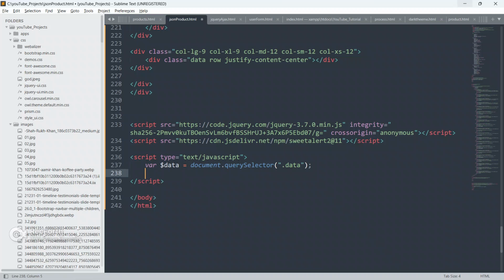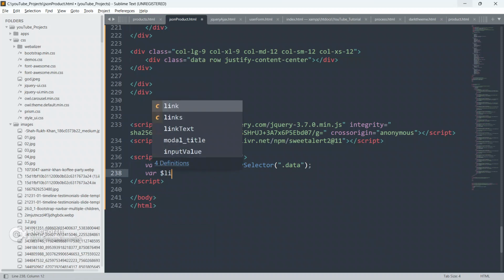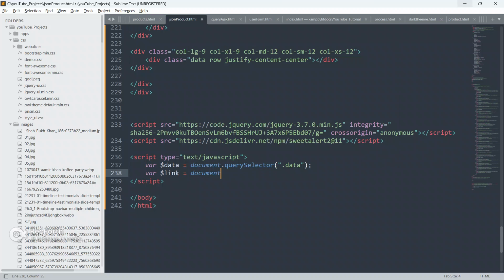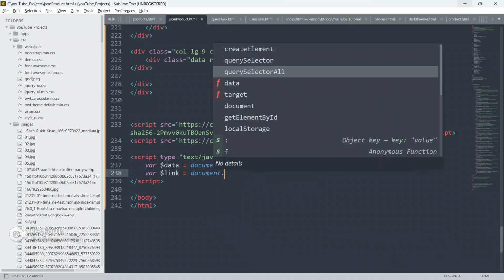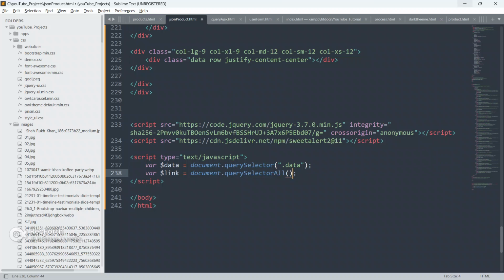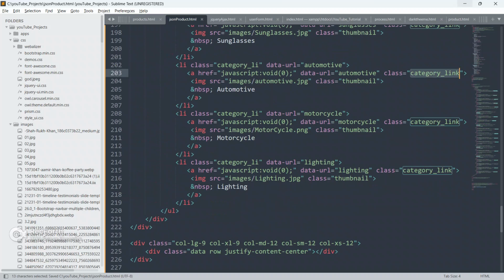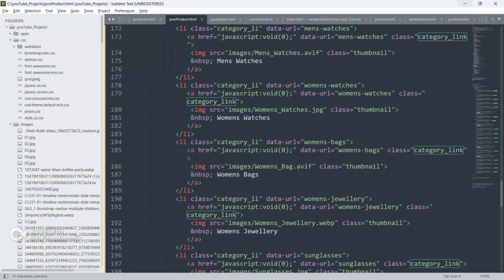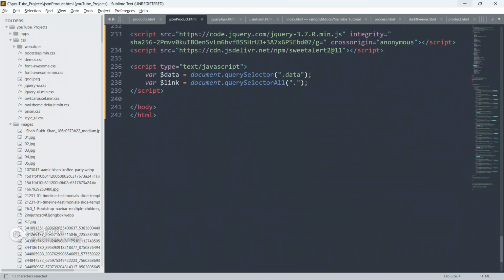Now create another variable, give it the name link, and we are going to grab document dot querySelectorAll, and we are going to select this category link. Okay, we are going to grab all the category links, all the anchor tags. So just paste it here,